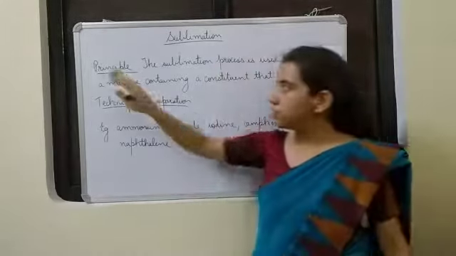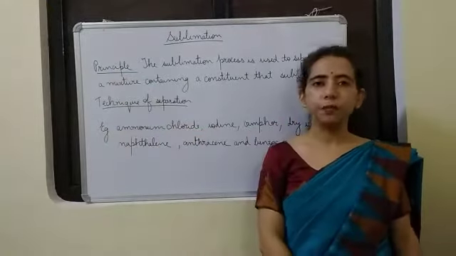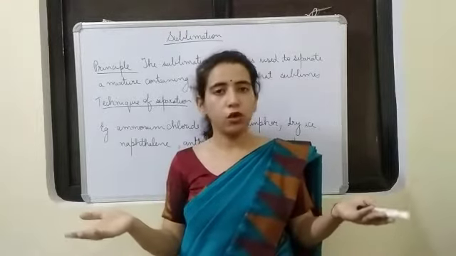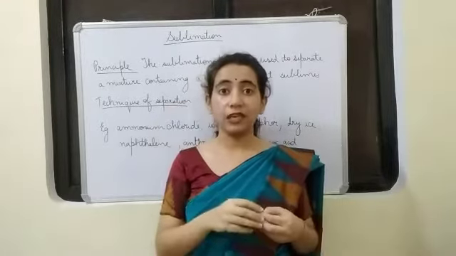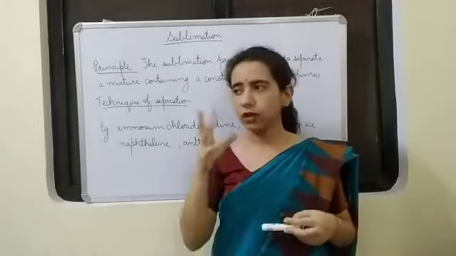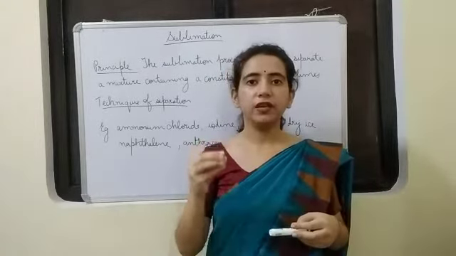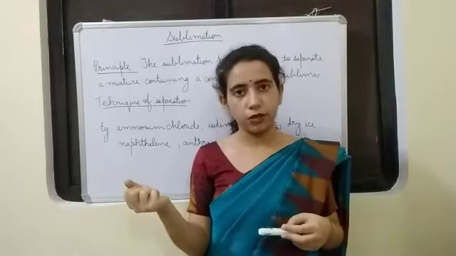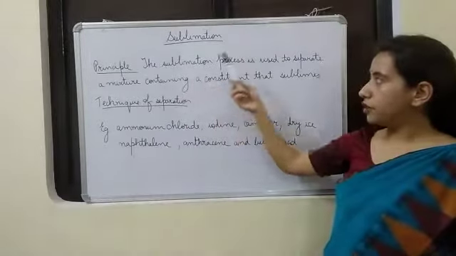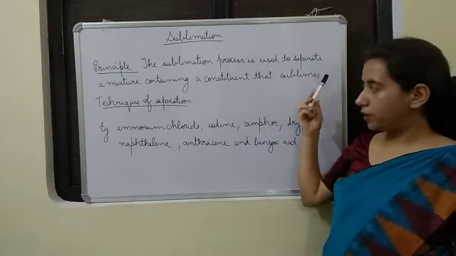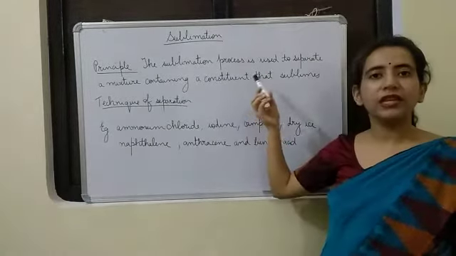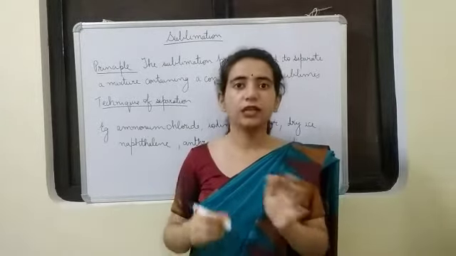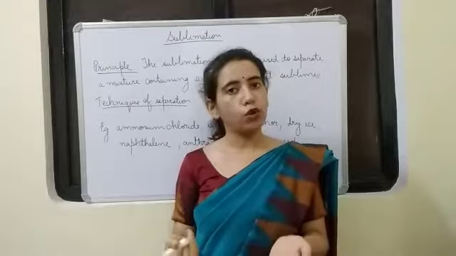Then what is the principle of separation? Principle of separation means, when are we going to use this method? We cannot use sublimation in all cases, only in a specific case. The point is, only when there is a substance in the mixture that sublimes can we use sublimation. The sublimation process is used to separate a mixture containing a constituent that sublimes. So there should be at least one substance in that mixture that sublimes. In that case, we can follow sublimation.